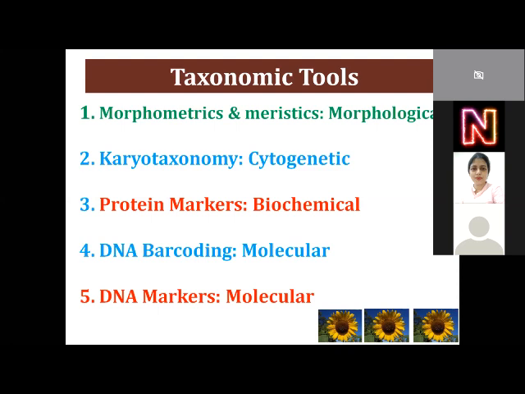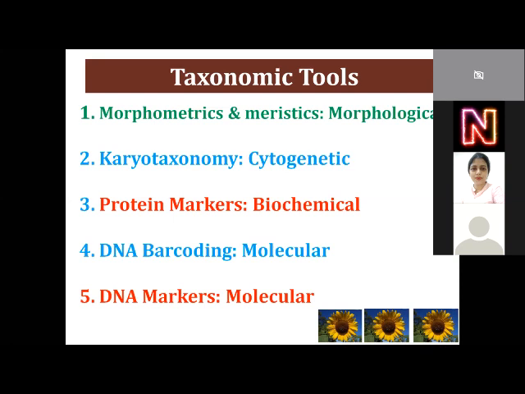Or we took the example of mahasheers, the genus Tor, where the different species have the same chromosome number, but their karyotype formula is different. Karyotype formula is different means the number of metacentric, submetacentric, subtelocentric, and telocentric chromosomes is variable. So even if the diploid chromosome number is the same in the species, we can identify them based on karyotaxonomy if there is a variation in the karyotype formula. We have also seen how karyotaxonomy can be used to identify the population or the stock.